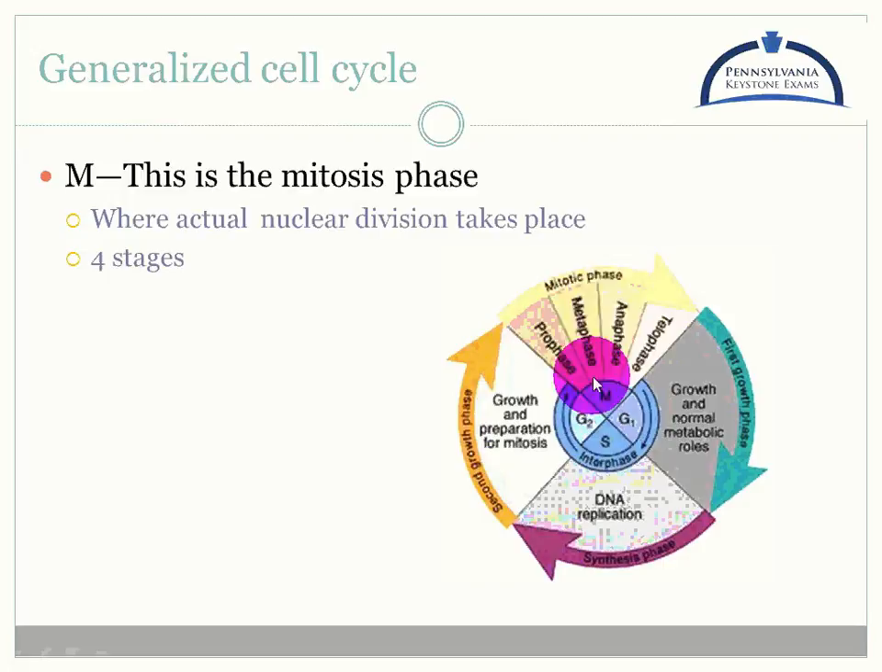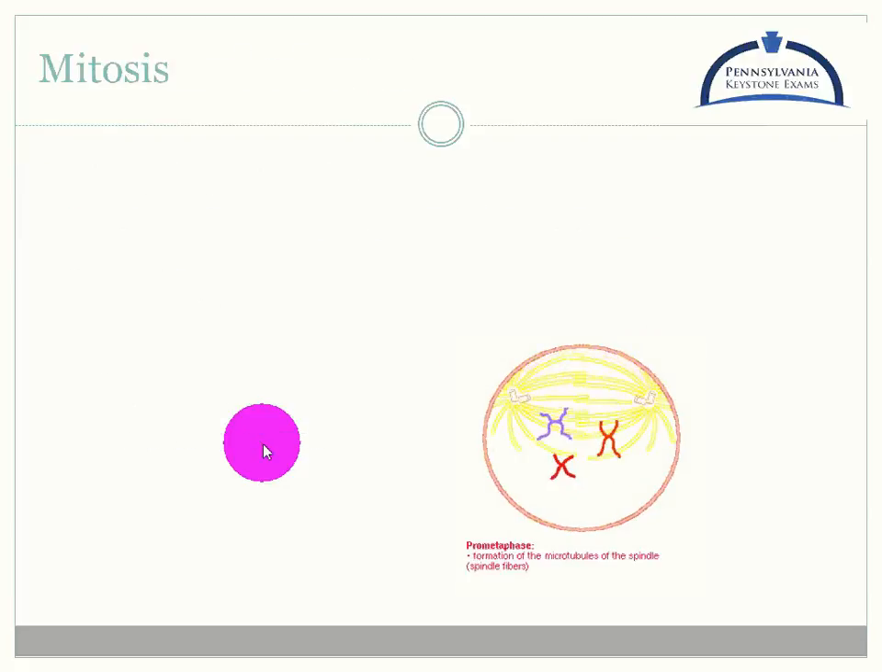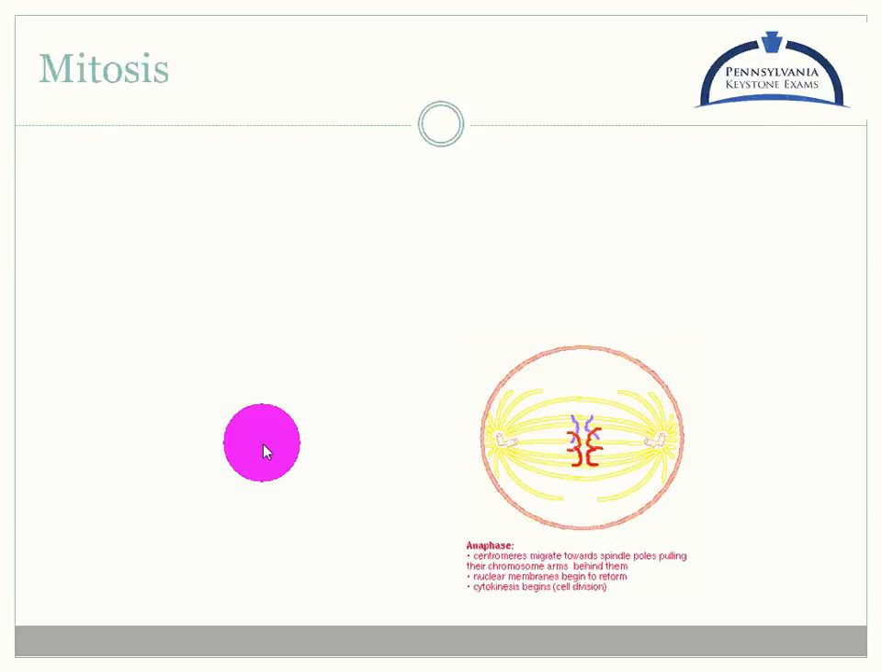We have prophase, metaphase, anaphase, and telophase. Telophase also has this other stage that happens at the same time, cytokinesis, and we'll mention that when we get to telophase. But right now, I just think PMAT is how I remember it. Prophase, metaphase, anaphase, and telophase. So a quick overview